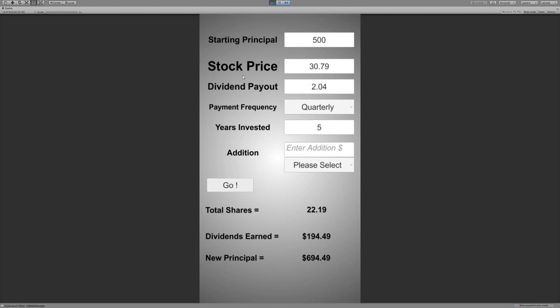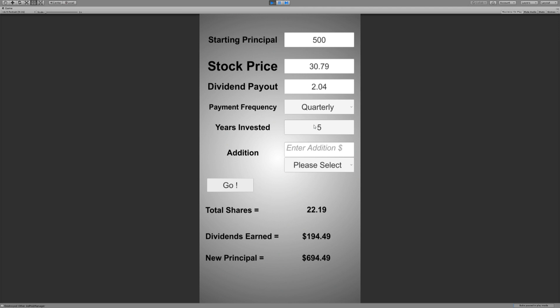Now, in a future update, I am planning on adding a stock price average increase or something of the sorts. It's been really hard to do that math, and also the average dividend increase. So here, if AT&T has a yearly stock price increase of 2%, and their dividend payout has an average increase of 2%, that'll basically increase the stock price every year that this goes through a cycle, increasing by $30.79 to say $36 and some change by the end of that 5-year period,